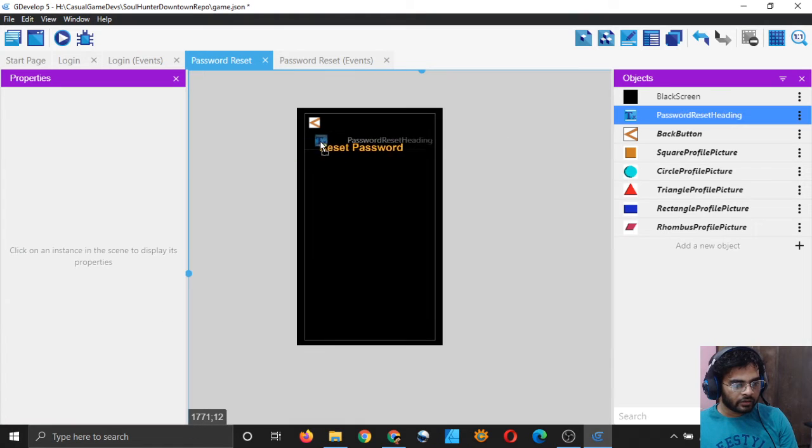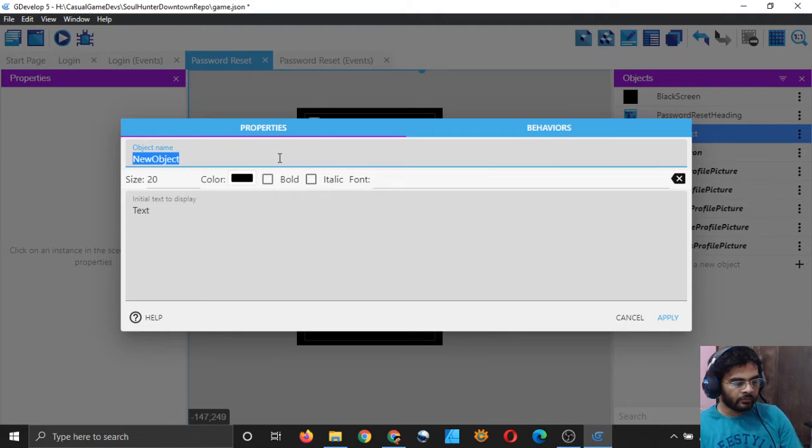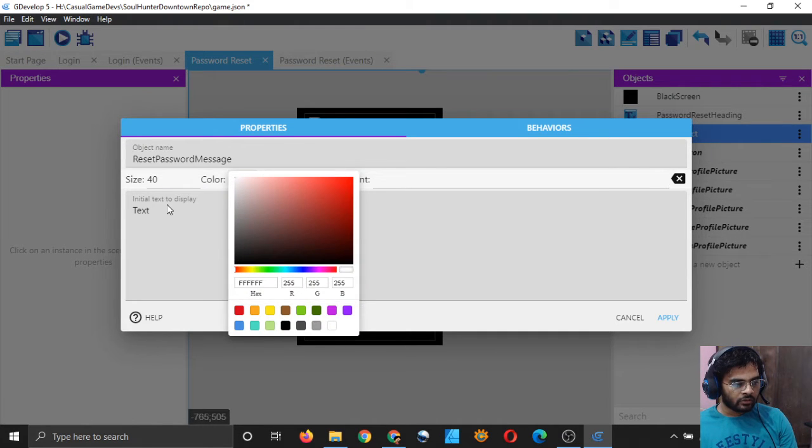I will simply drag it here, and so that is looking okay, right? And now I will click on add a new object again. I will add a simple object, reset password message, and this will show some instructional message to user. This will show the user some instruction, that is what to do.